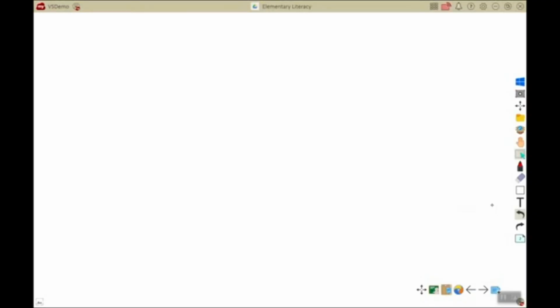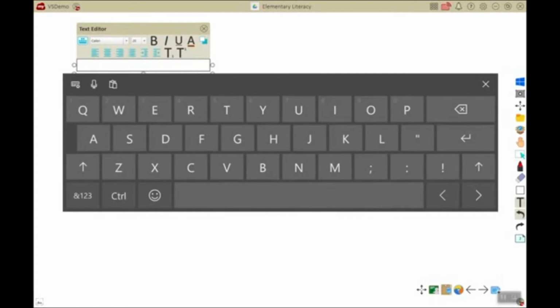To add text to your canvas, locate the icon that looks like a T. Touch it once, and then anywhere on your canvas, touch again to open the text editor. From here you can see there are options to change your font, change the font size,